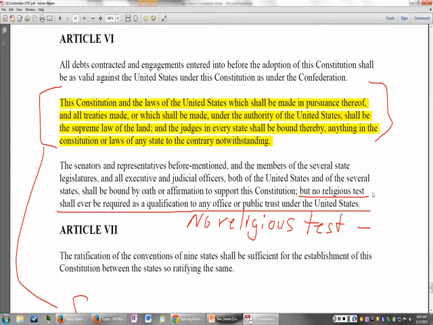under the United States. It would seem to me, if the Founding Fathers had wanted to create a nation whereby Christians had to run the nation, why couldn't they just put that? In fact, instead of putting no religious test shall ever be required as a qualification to any office or public trust under the United States, couldn't they have certainly said that citizenship and office holding should be dependent upon one being a Christian?